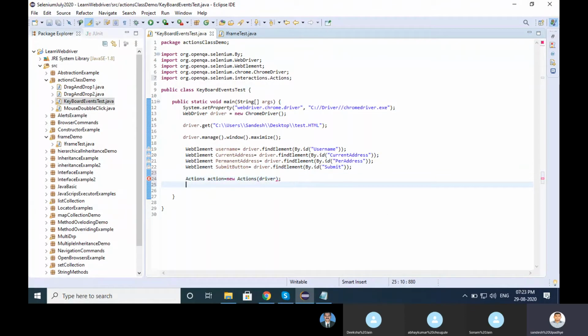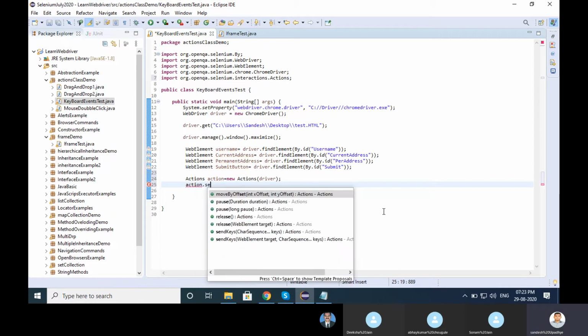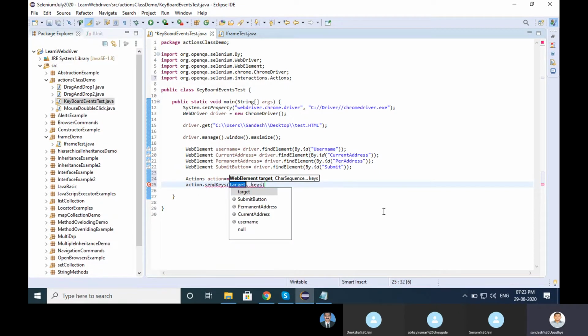We have created an object of the action class, then actions dot sendKeys, web element username, and here I am passing